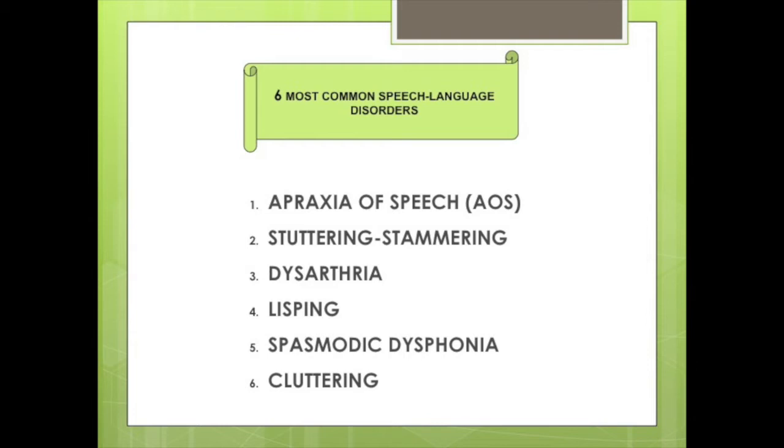And number 6, cluttering. It's a fluency disorder characterized by a rapid and/or irregular speaking rate, excessive disfluencies, and often other symptoms such as language or phonetic errors and attention deficits. To identify cluttering, you must listen to non-stuttered speech of the speaker in order to differentiate it from stuttering.